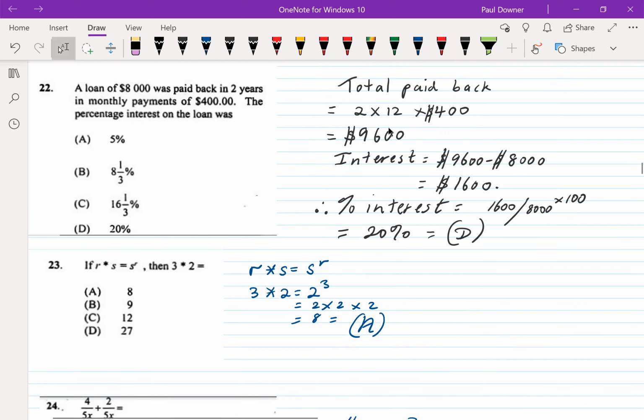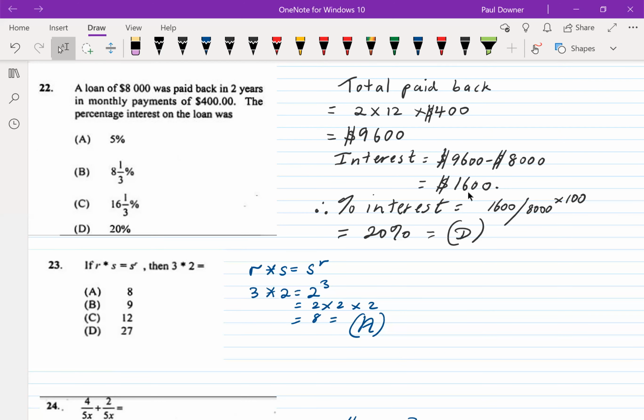And then every month he's paying $400. So for these 24 months, he's paying $400. So when you multiply 24 by 400, you're going to get $9,600 as the total that he's going to pay back. Now, remember, the loan was only $8,000 and he had to pay back $9,600. So the interest would be the difference between the two, the extra. And that would be $9,600 what he paid back, take away how much he borrowed, $1,600. So he had to pay back as interest on his $8,000 loan,